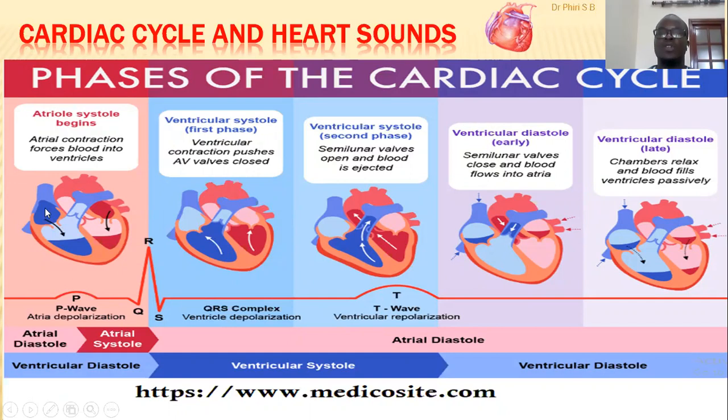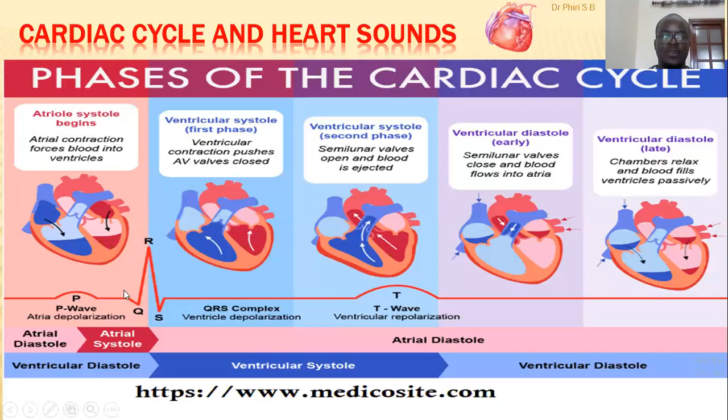Then the active ventricular filling is as a result of the atrial systole, the contraction of the atria that will push blood into the ventricles, the 20%. So before you appreciate the atrial systole, you can see here you have the P wave. After the P wave, depolarization of the atria that will bring about contraction of the atria on the ECG. Then after that, there's a period of a delay. So that period of delay will allow blood to move from the atria all the way into the ventricles. So you have the